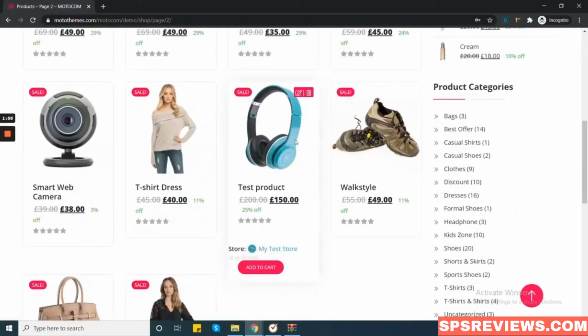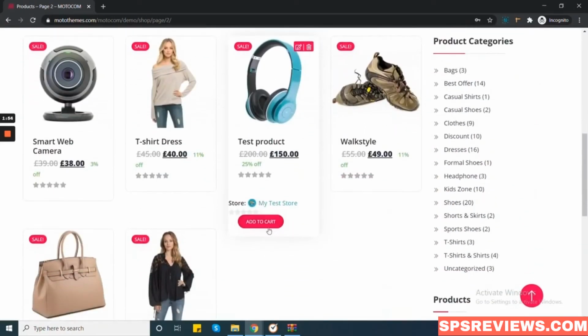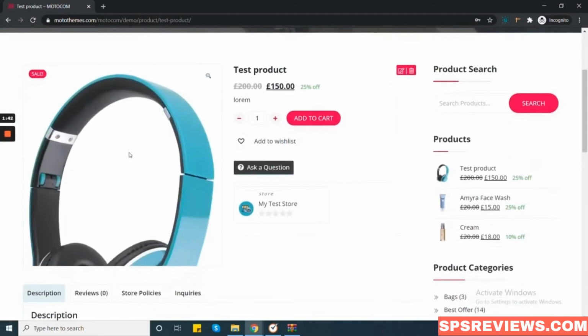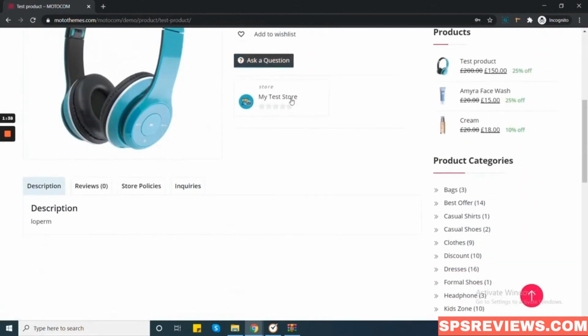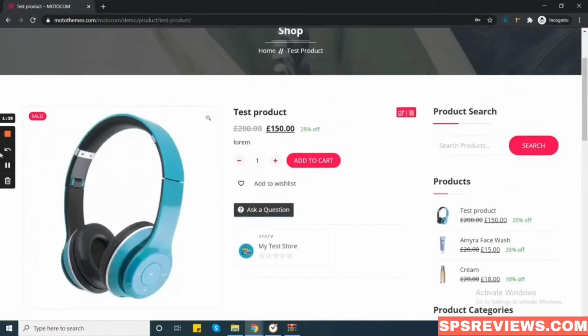So now we can see the product under our store name, and let's see how it will be visible on a single screen. Here the user can ask a question and also rate the product accordingly.